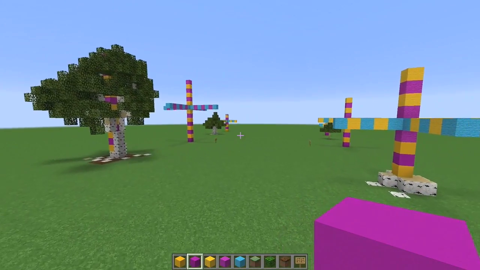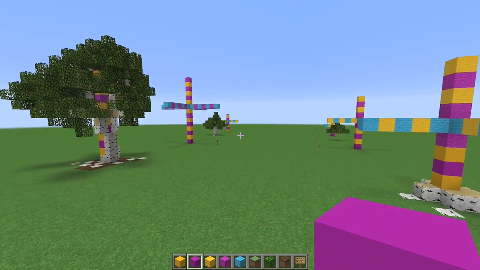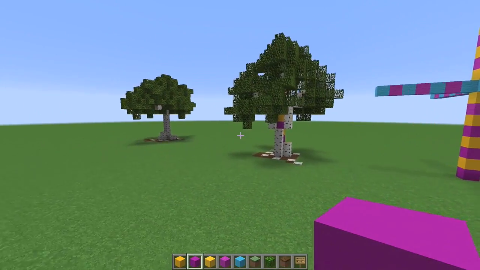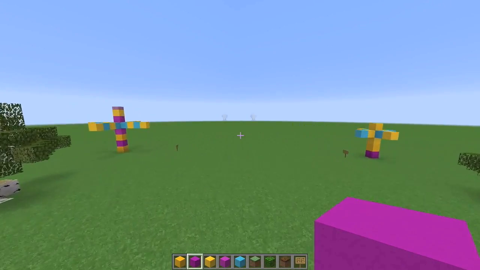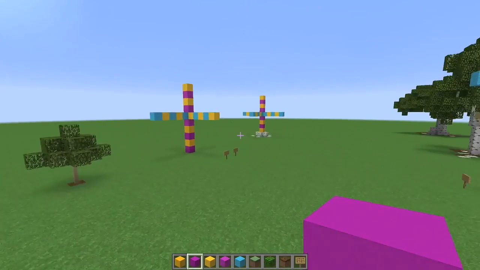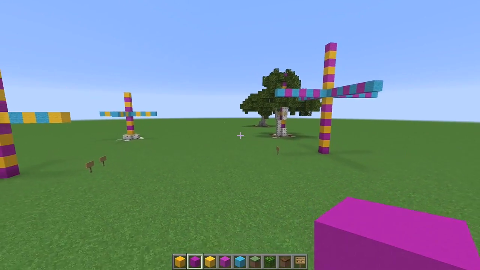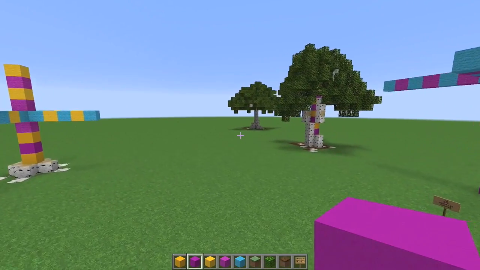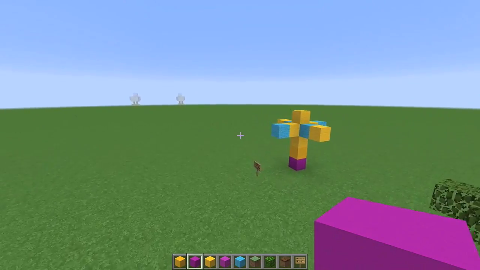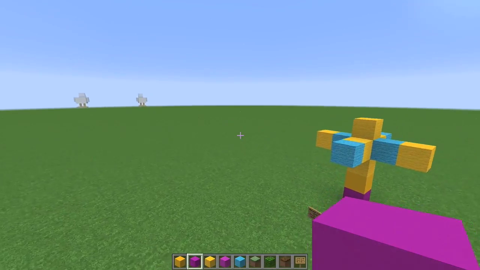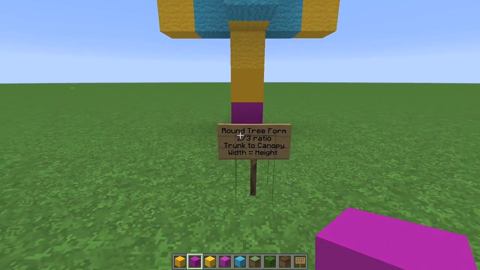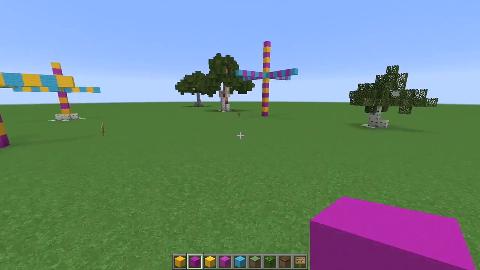So instead of trying to just eyeball it and then get frustrated, what I like to do is to think about and map out how the tree is supposed to look from a mathematical perspective first, and then build a tree around that. So I'm going to show you the process. I'm going to show you the very beginning ratio. It's right here. So basically, this round tree form, what I'm talking about is a round tree that